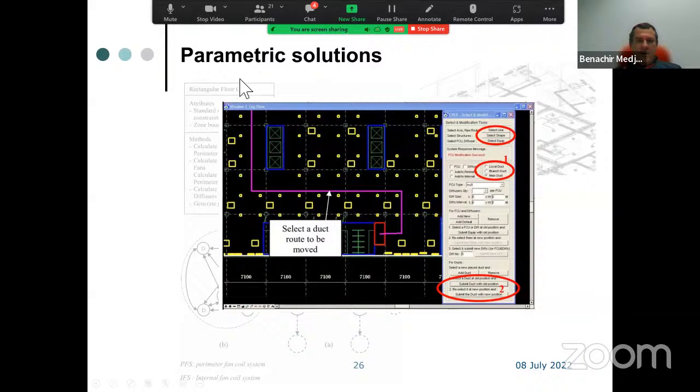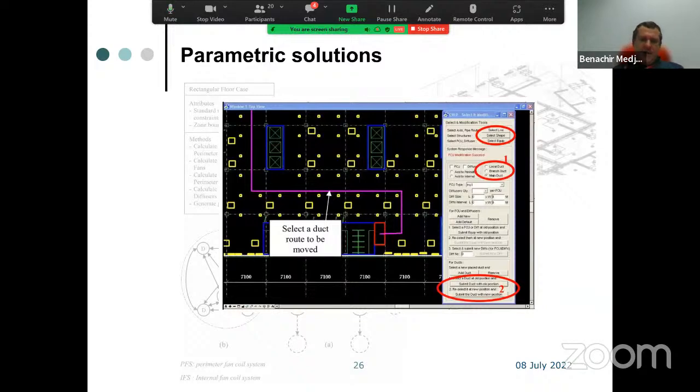Now, with the parametric solution, just by dragging, the engineer can pick this pipe and move it up, and the whole solution is redeployed automatically.